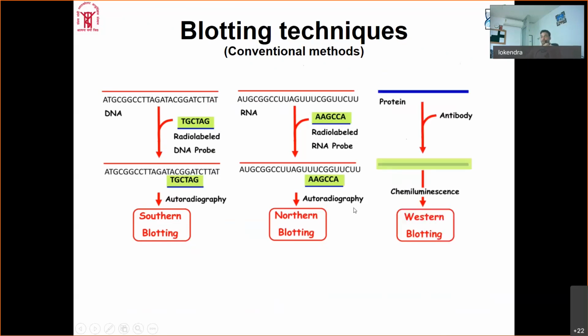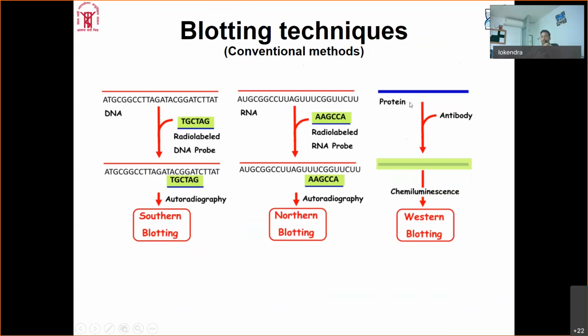And the third one is Western blotting. Western blotting is more common, in which proteins are attached to a PVDF membrane. For DNA and RNA, people prefer nylon membrane or nitrocellulose membrane, depending on the length or stripping requirement. For protein, mostly PVDF membranes are used. Nylon membranes are also used. Nitrocellulose is also used. So depending on how many times you have to use it, people use the various membranes accordingly. So proteins are attached to the surface.